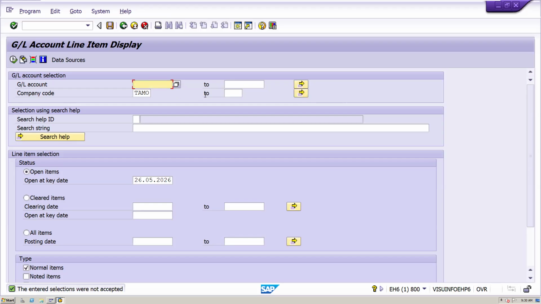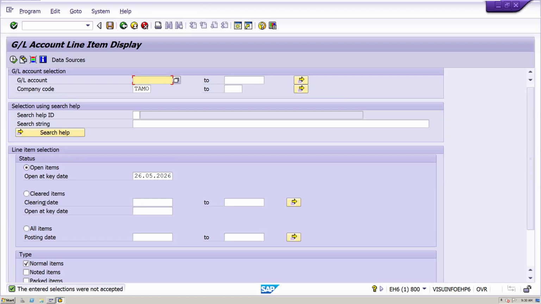If you require multiple company codes, for example TAM1, TAM2, something like that, otherwise 1 to ZZ. If you mention it, the system generates the report. Later, based on the layout, we can filter out company code-wise. These are the fields. And here, the help ID and search ID you can leave.